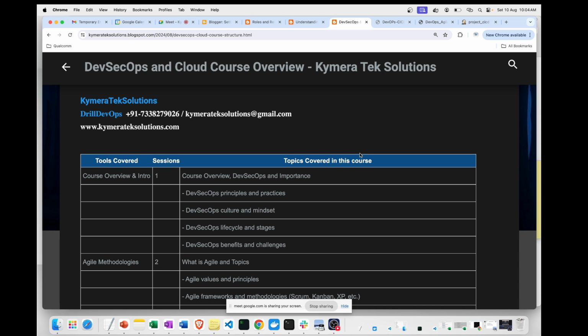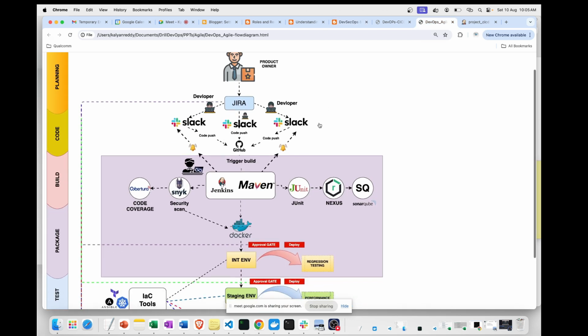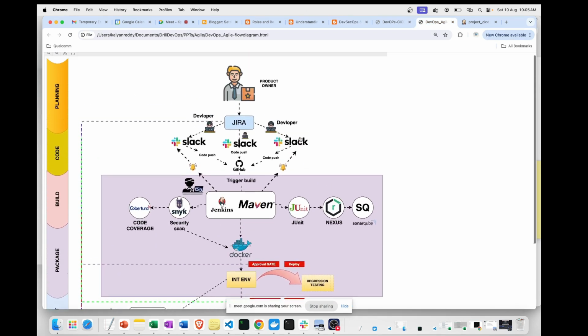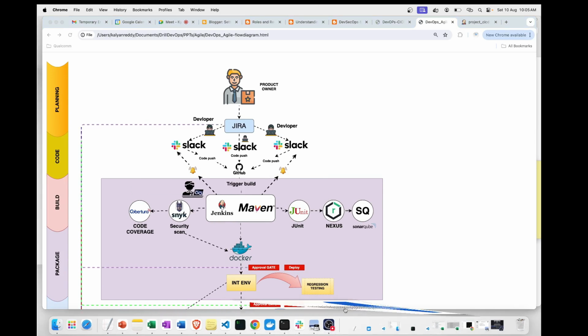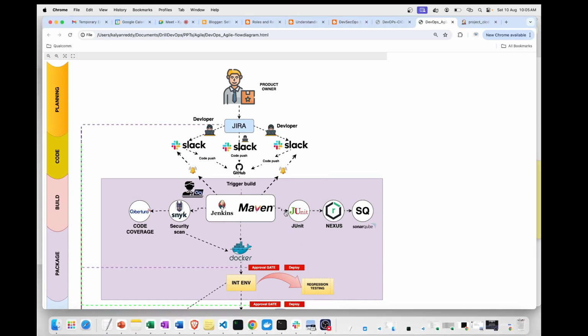So yesterday we were discussing the course overview, right? We were discussing all the things that we are going to deal with, and we have seen the simple high-level HLD design kind of thing. I showed you yesterday. I did not explain this, but I know that we'll be going through that in a while. But before that, I wanted to give you a glimpse of how DevOps has been,